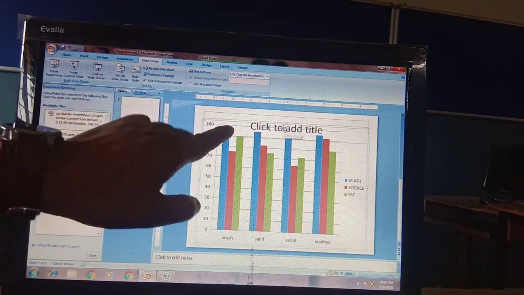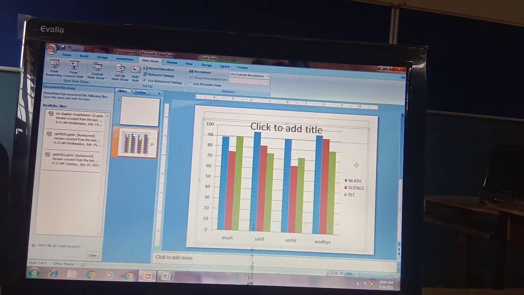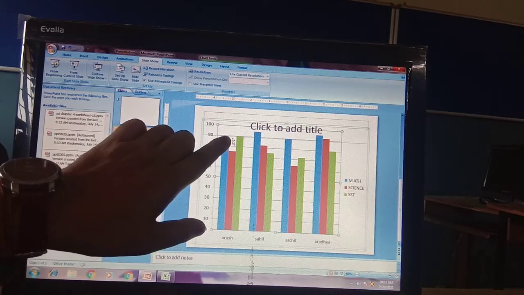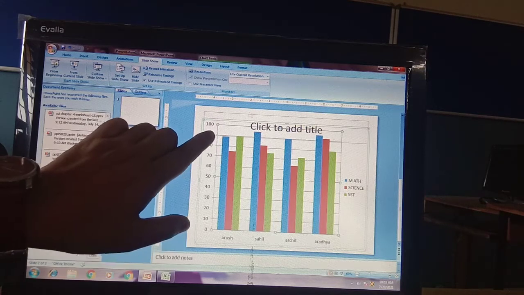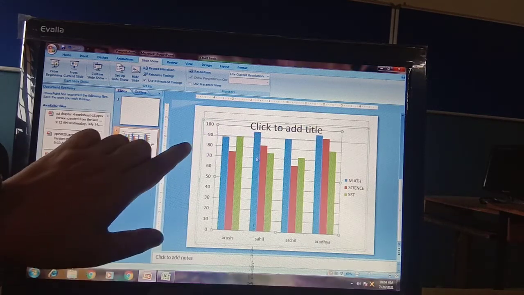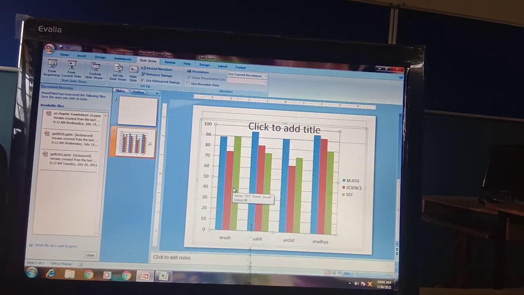This area is called the chart area, in which the chart is displayed. But the place from where the bars start, from where the values start, that area is called the plot area, the plotting area.